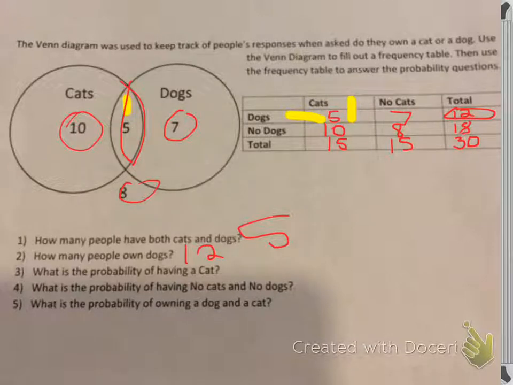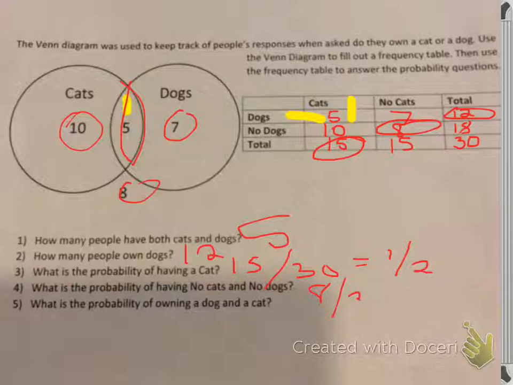What is the probability of having a cat? Well, the total number of people that have a cat is 15. That would be 15 out of 30 total number of people. And when I reduce that, I get 1/2. And then number 4 says, what is the probability of having no cats and no dogs? So you go no cats, no dogs on your chart, which is the number 8. So you're 8 out of 30, which will reduce to